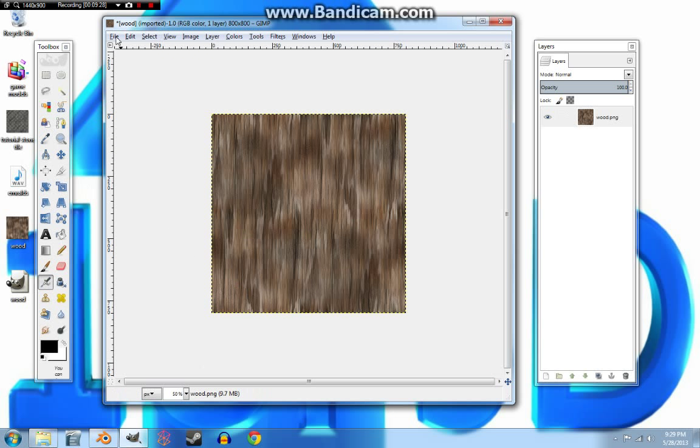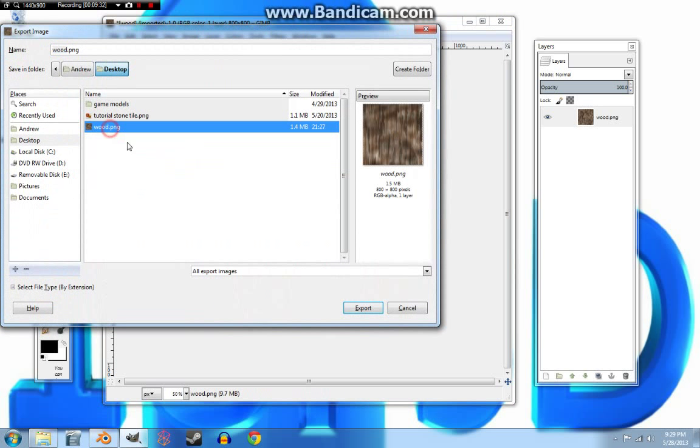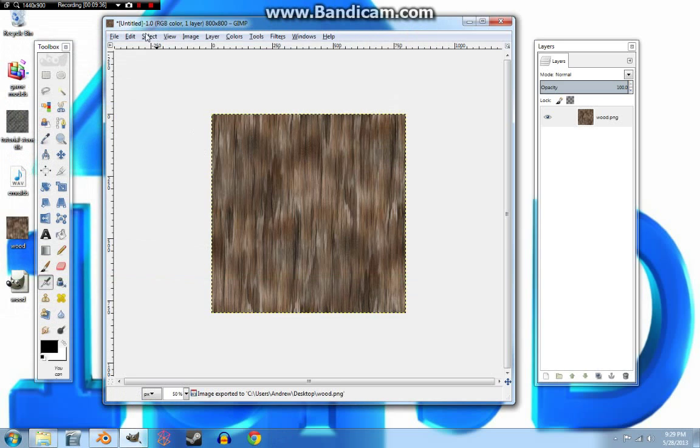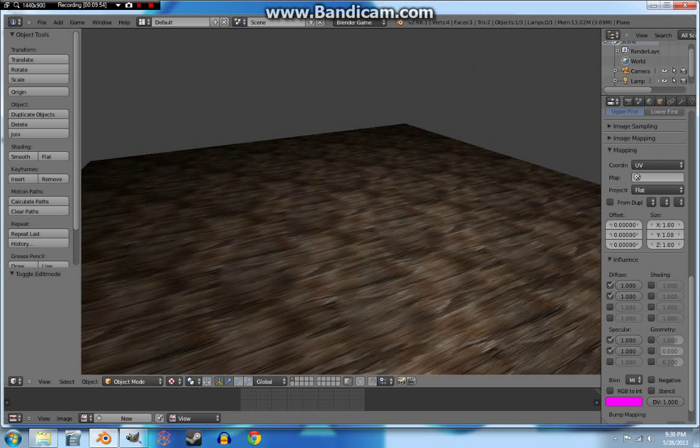So we'll just export that real fast to show you what that'll look like. And I'll pause it while I get that. So as you can see, we got it tiled. You can't see any real lines here. I'm going to press P just to get rid of the line so we can see it. As you can see, you can't see any real seams in there. It just looks like a wood